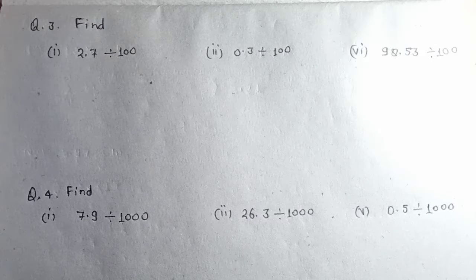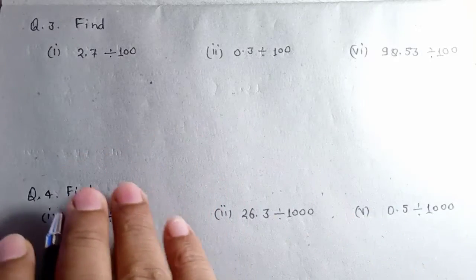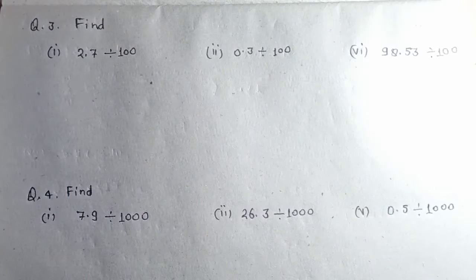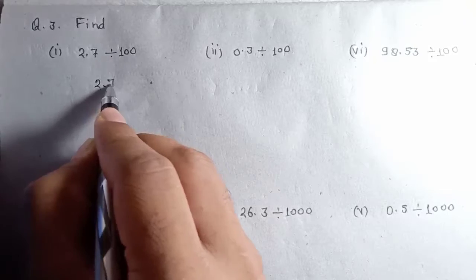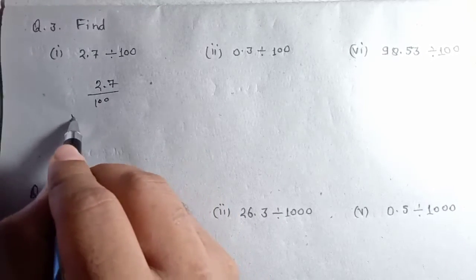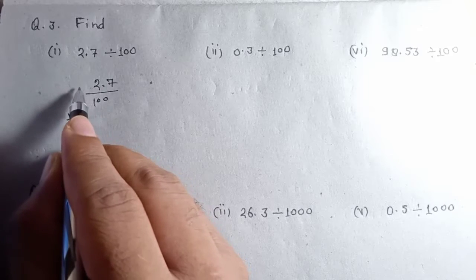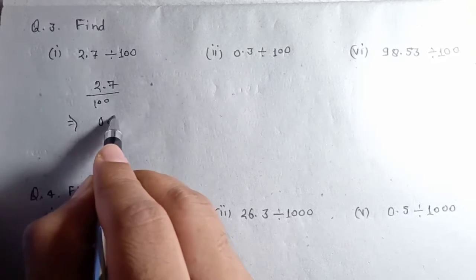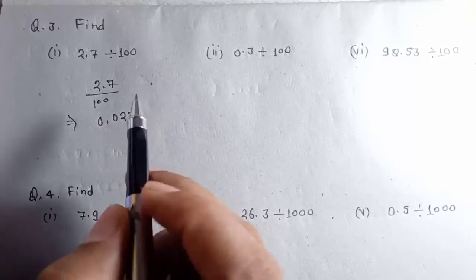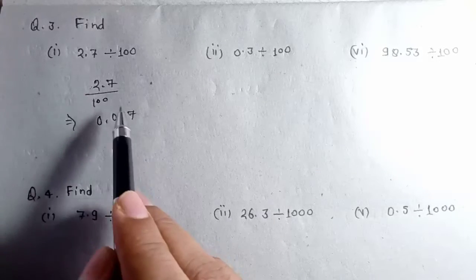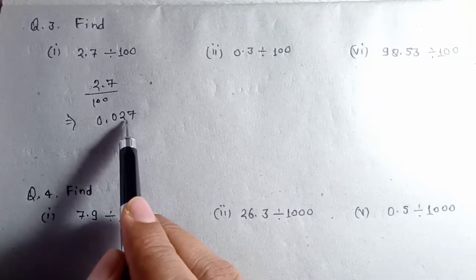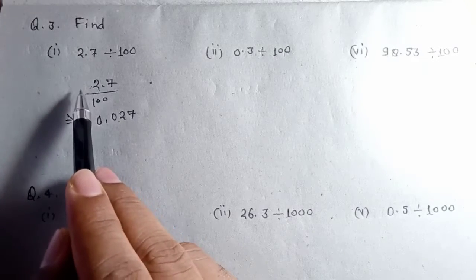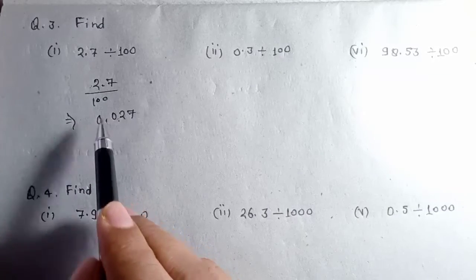Now what if we divide this 2.7 by 100? You know what you will get? You will displace this decimal sign 2 digits to the left hand side because there are 2 zeros. So this 2.7 when divided by 100, what do you get? This decimal sign comes here, then one more digit, so it becomes 0.027. Count 1, 2. It is here between 2 and 7. Here is nothing written there before 2, so you can write there 0, and this is your answer.